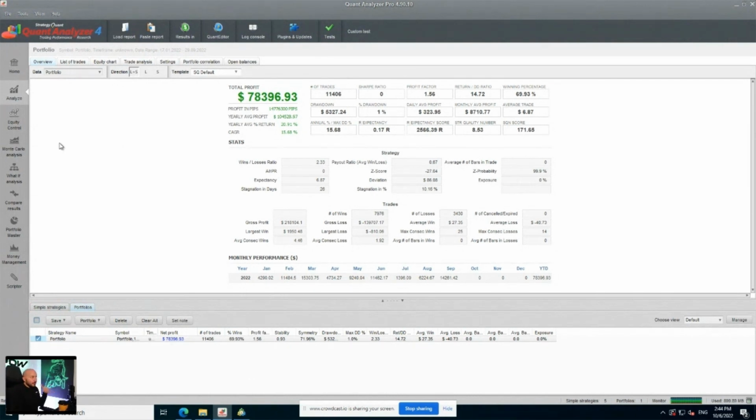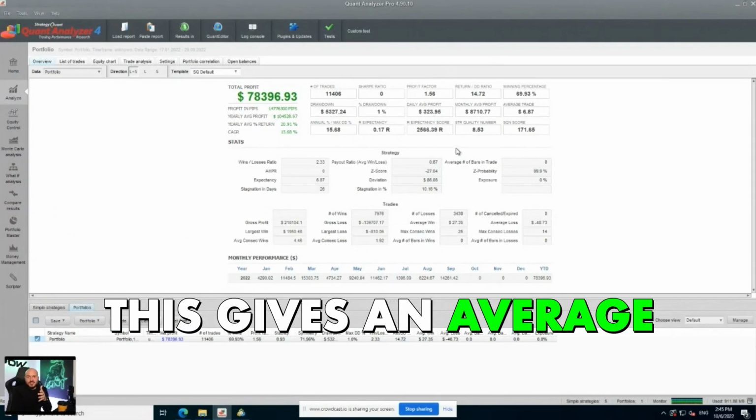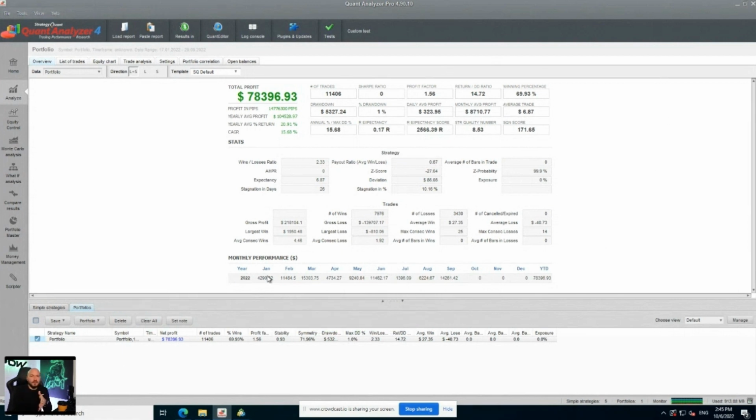So upon completing that portfolio, it gives me a summary doc. And down here, I've got every single month for the year so far. The worst month in this approach was July, where the net profit was literally 1.4%, 1396 profit. Yet the best month was September. So that was 14,206. Oh, actually, sorry, it was March, 15,000. So this gives an average monthly return of 8,700, so 8.7%. So this would literally, if you were on my Forex funds, this would have passed you on every single month